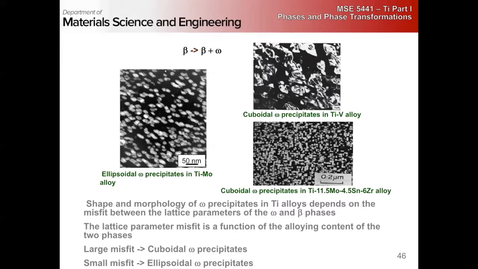High, right? So generally when you have a high interfacial energy, what do you do to reduce the energy of your system? You want to reduce your interfacial area. What is the shape that gives you the lowest surface area for a given volume? A sphere. So that line of logic will take you down the path that a high misfit will give you spheroidal particles, and that would be 100% true